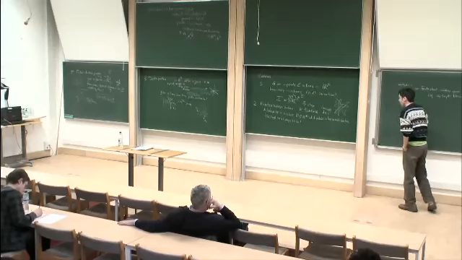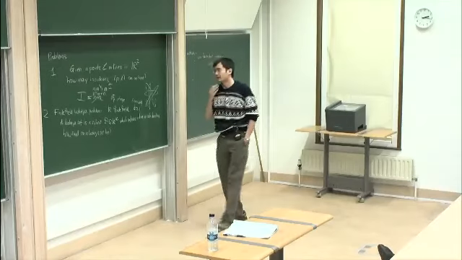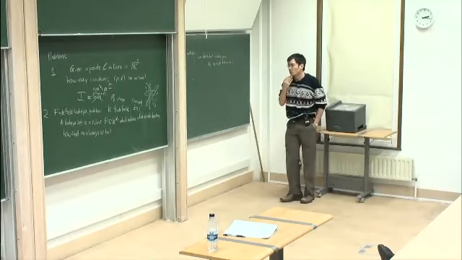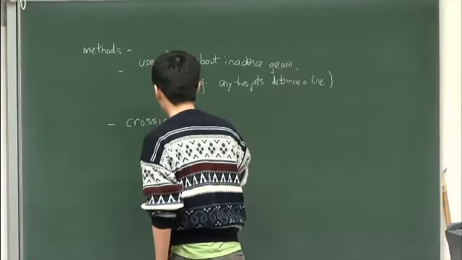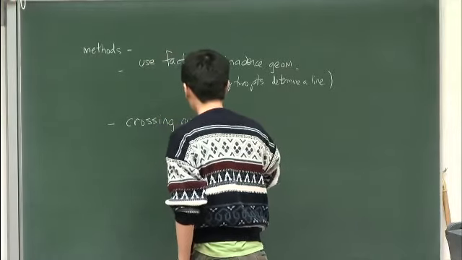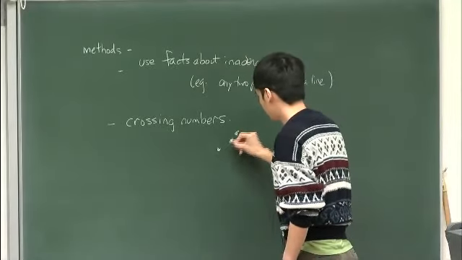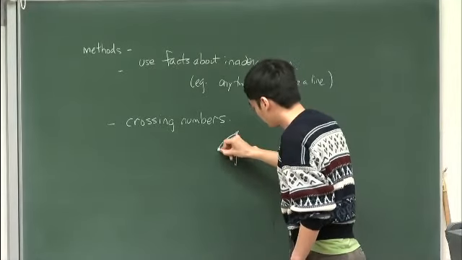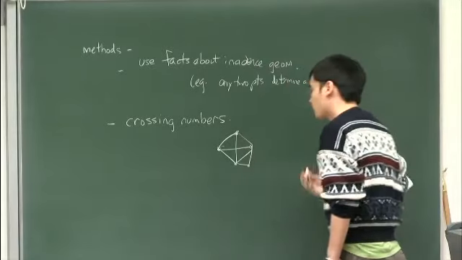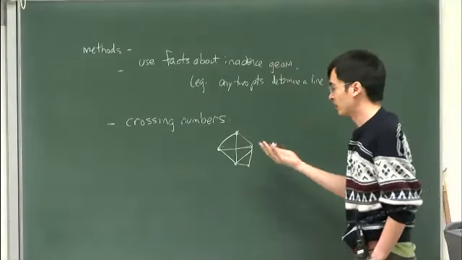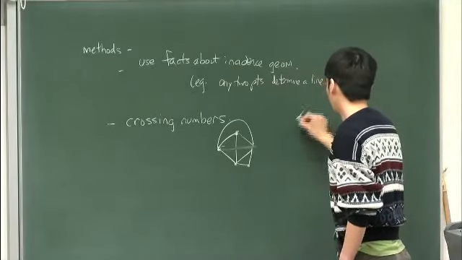So there are other methods that you can use that specifically exploit the structure of R. One method, for example, is the method of crossing numbers. If you have a graph, it's a bunch of vertices and edges connected to each other. You know that some graphs are planar and some graphs are not. So this graph actually is planar because I can draw it to be planar, but you know K5